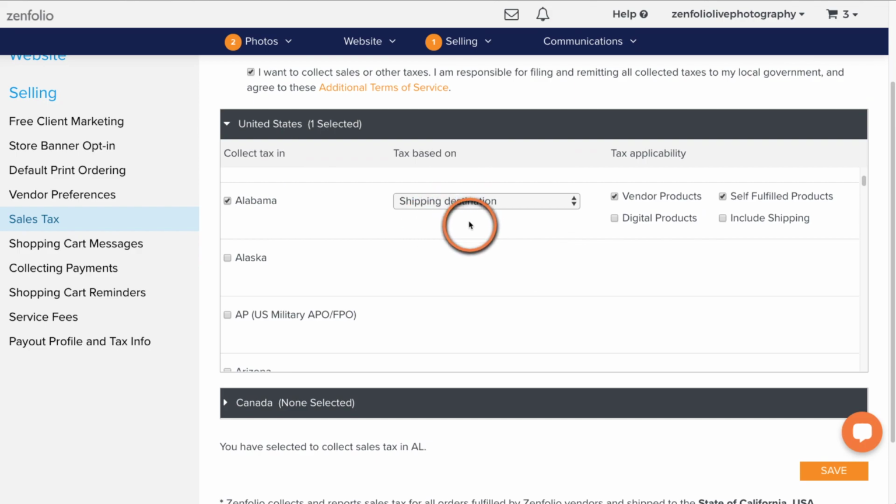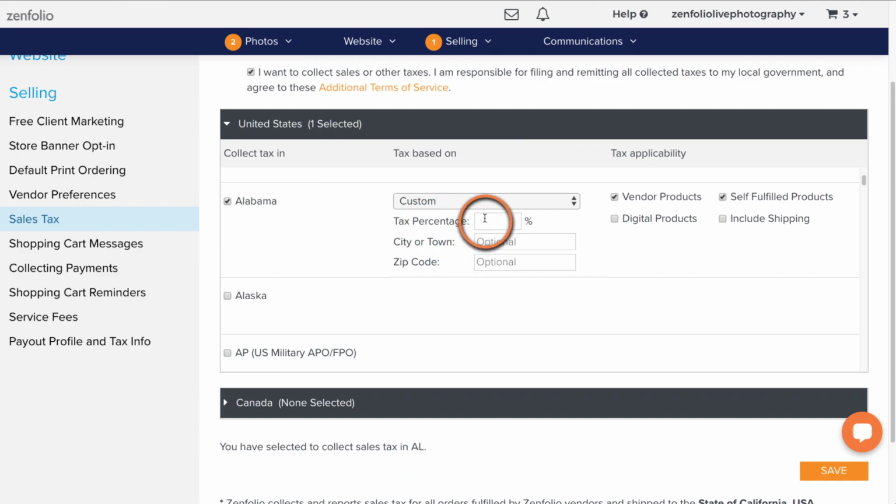And we do update our tax codes once a month to make sure everything's squared away in your account on that. So that is the first option. Now you can click in here and there are other options. You can enter your zip code and then Zenfolio will calculate and charge sales tax based on your zip code and your state's laws. Or you can do a custom option where you can do a tax percentage, a city and town zip name, or a zip code in here. And again, we'll calculate it based on the state that you have selected laws for whatever information you apply here.